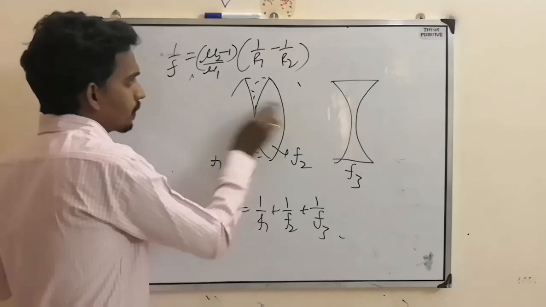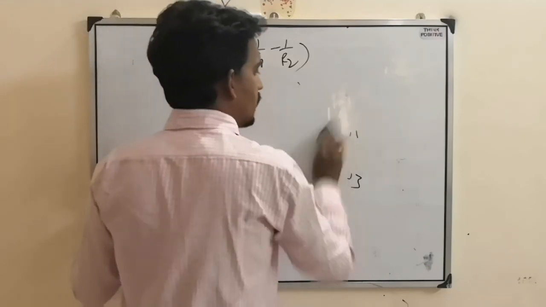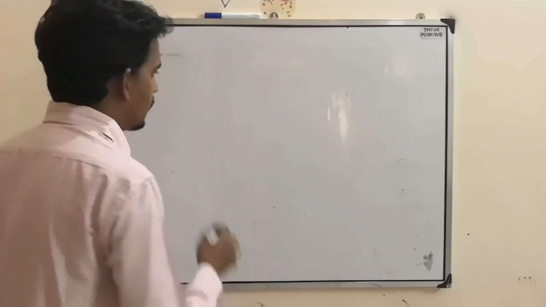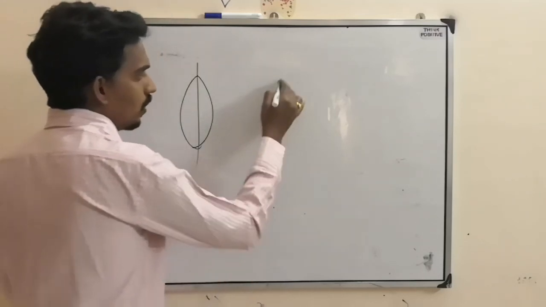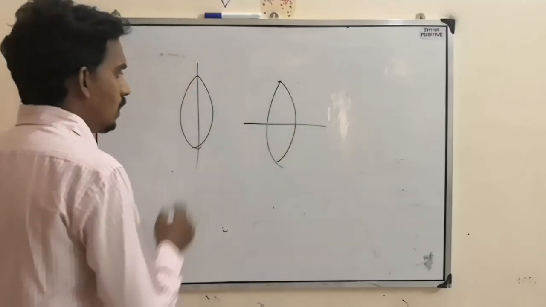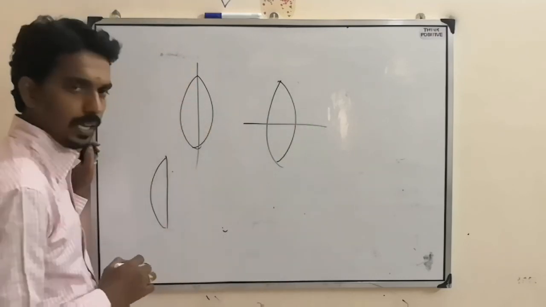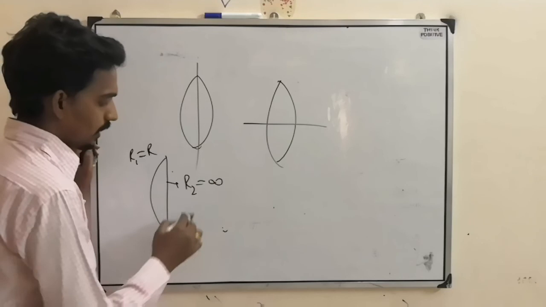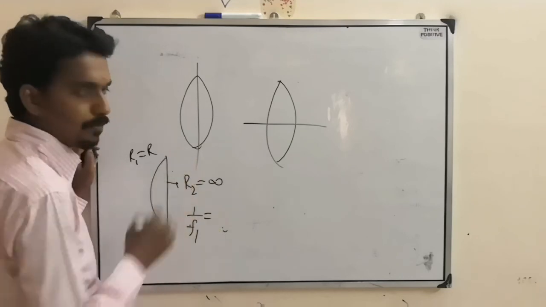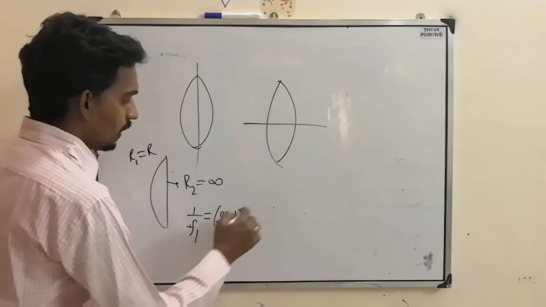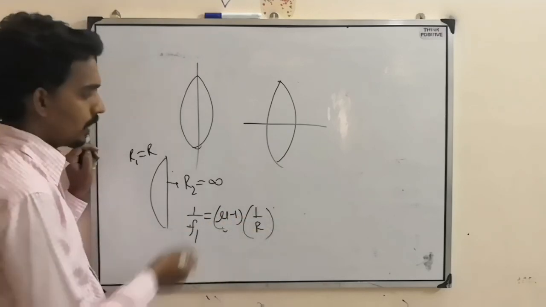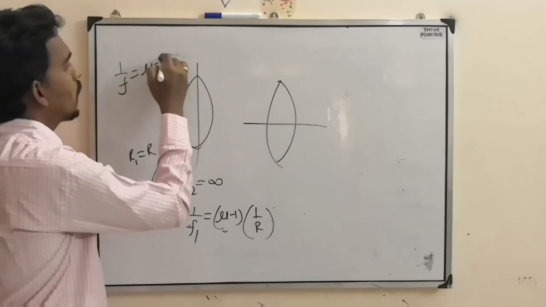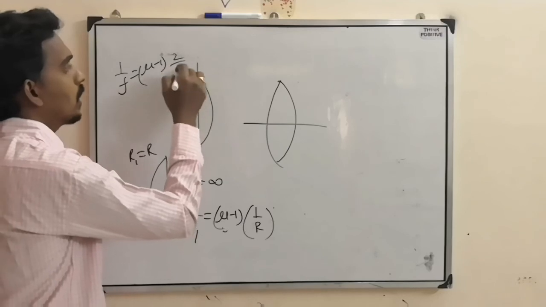Now after this, based on the lens, what else they can ask is cutting of a lens. When you consider a lens, they can cut it like this or they can cut it like this. In this case, when you cut it like this, one curvature remains the same, but the other curvature becomes infinity. Then the focal length of one piece will become mu minus 1 into 1 by r, where 1 by infinity is 0. But originally, if you consider, 1 by f equals mu minus 1 into 1 by r plus 1 by r, that is 2 by r.